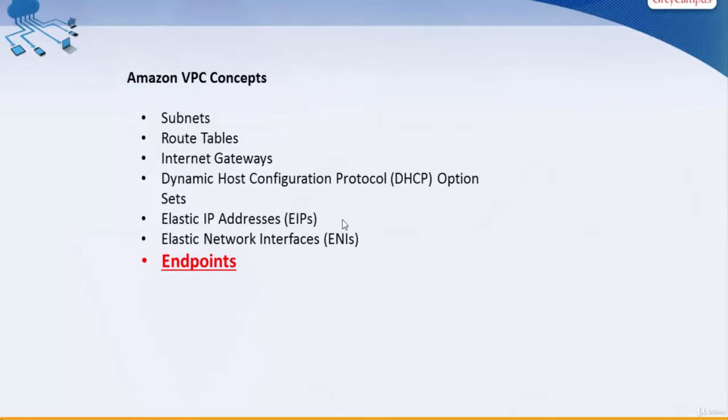Now, endpoints are services that help us connect with other Amazon services. Amazon has a bunch of products that don't come in a VPC. For example, S3 is a service outside of VPC. Anytime we want to access S3, let's say,